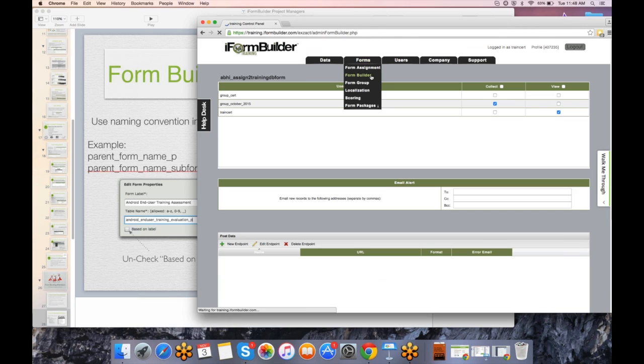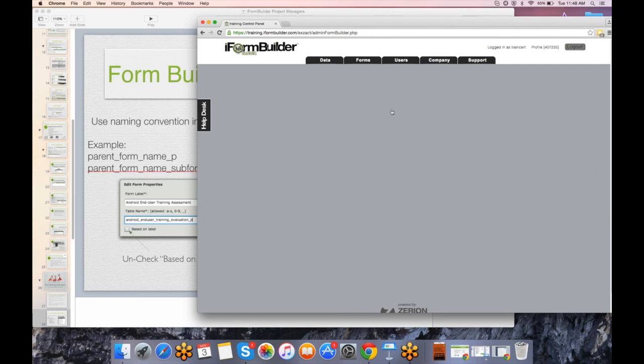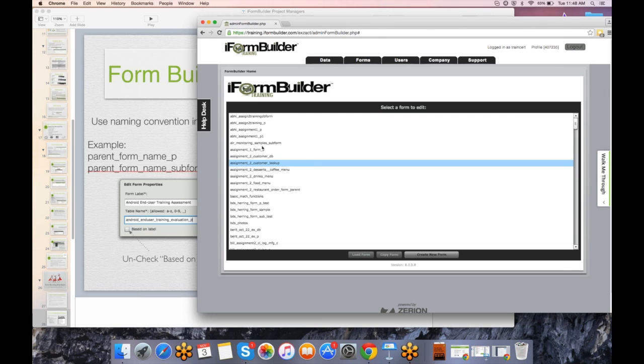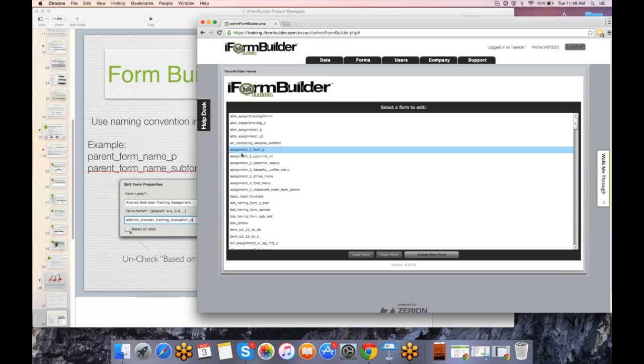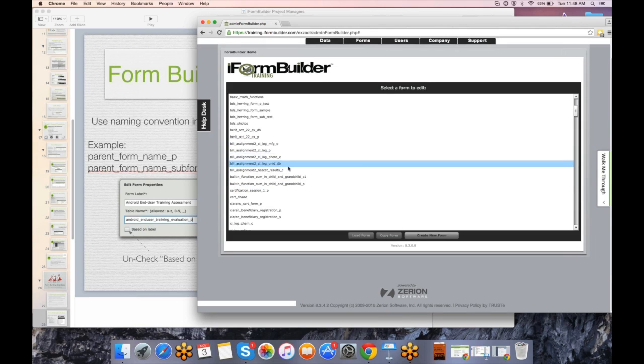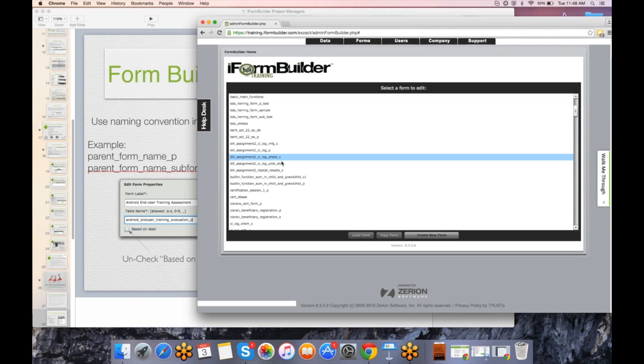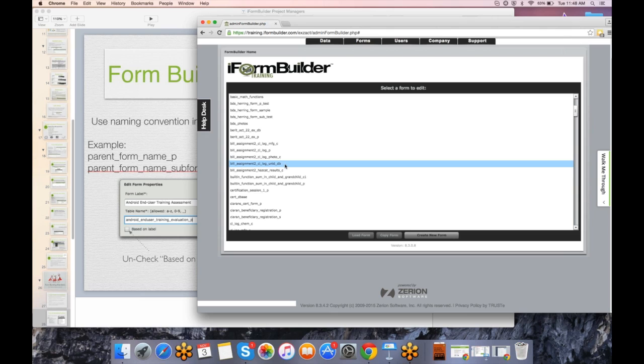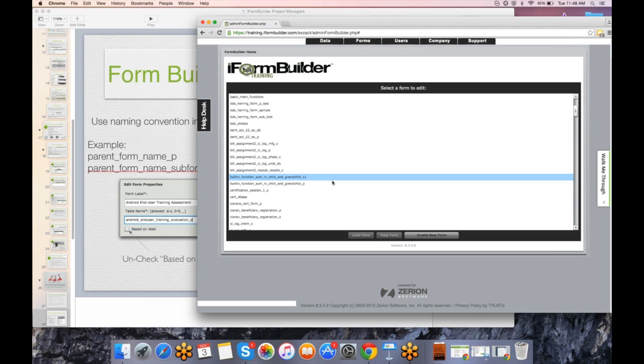So if I go under my form builder, and just give it a second to load, you'll notice that all of these are starting with the same and then ending with either P or C, symbolizing if they're a child form or subform, as well as if they're a database form. So that's actually using our lookup table, which is using our smart table search,